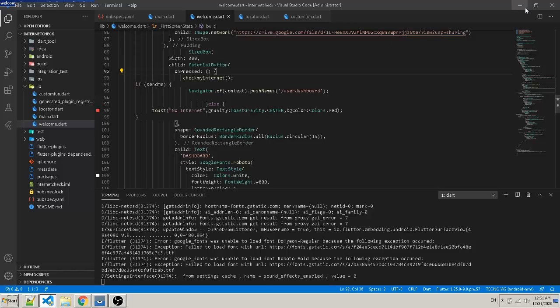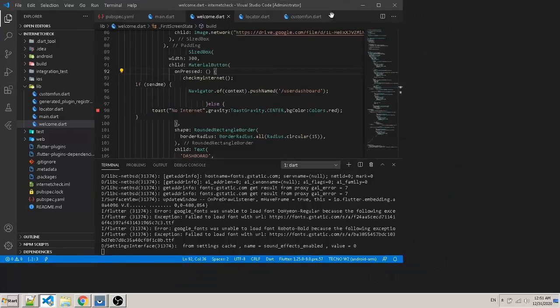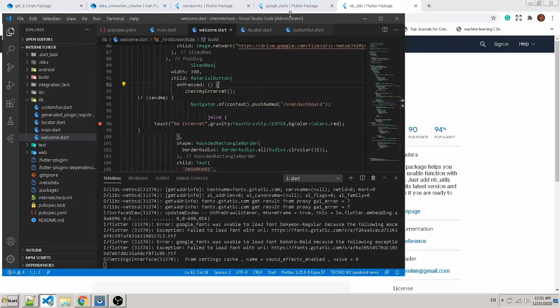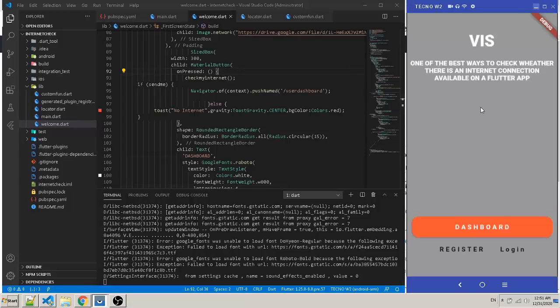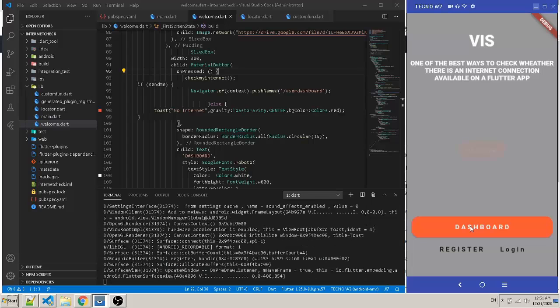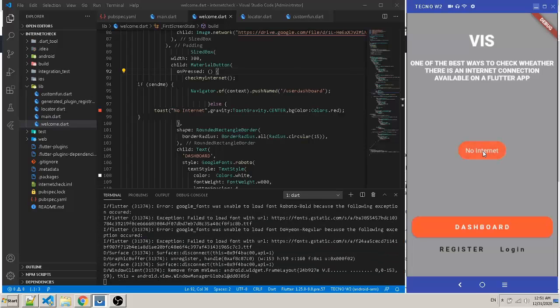Now when you run the app, let me show you the output of the app. This is the code of the app. So if you run the app, now this is the dashboard. If you click on dashboard, it tells you no internet. Now this is what happens when the person clicks on dashboard. It checks if the boolean is true, it should navigate to the dashboard, else it should